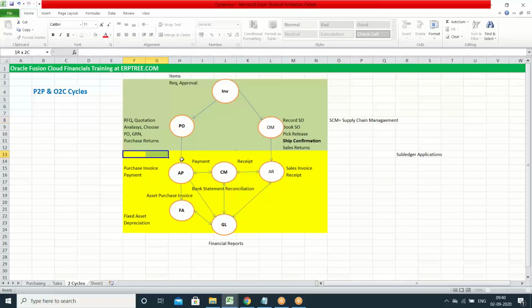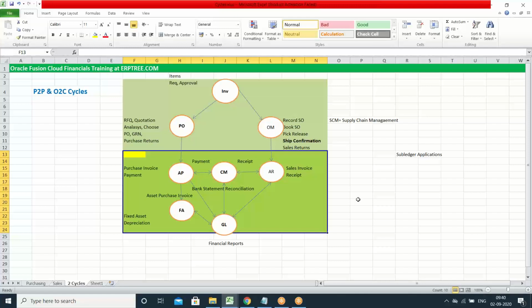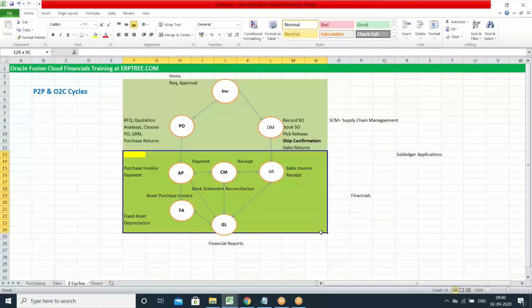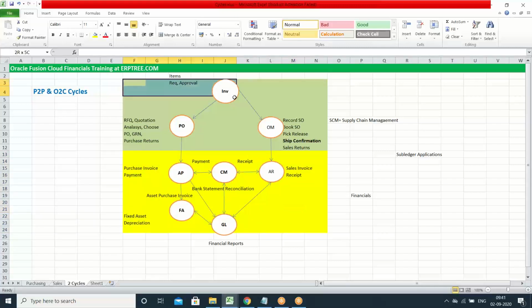And these applications are core financial applications. Okay, financials applications. So primarily our focus would be learning these applications. Along with that, expense and tax calculation, those also we'll see with respect to small applications. And when we are working on these applications, if you don't understand how the process can be initiated,